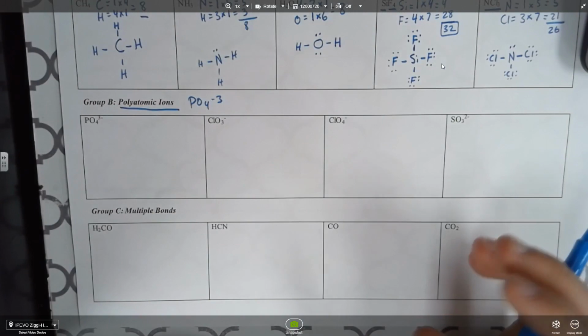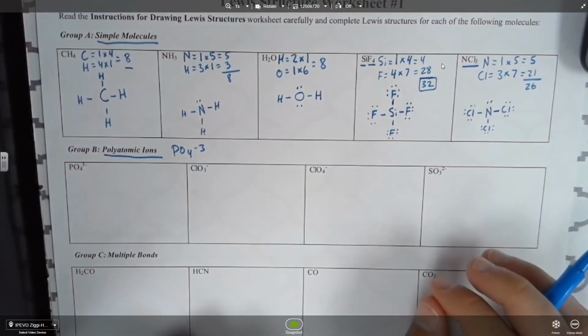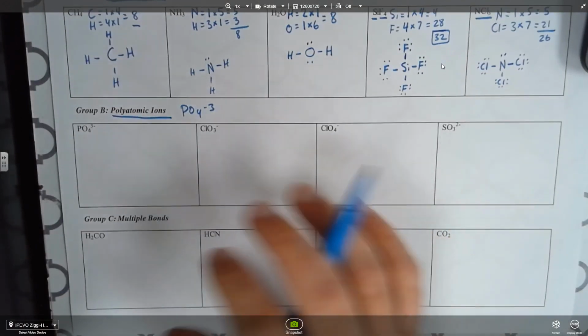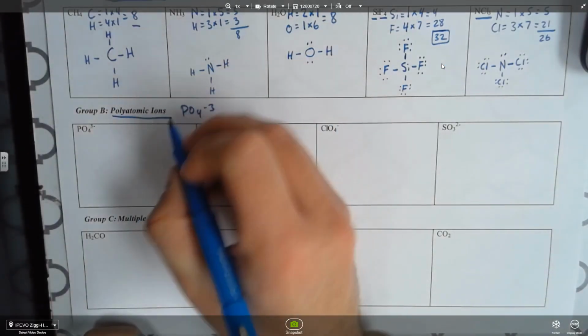this is sort of new today. This should be a review from yesterday. These will be a little bit new, but this is something that we're going to be doing next week, so it's good to see. All right. So for PO4 negative 3, we start the same way. So over here,